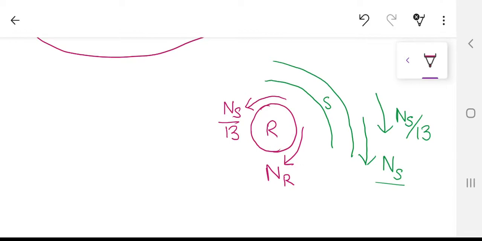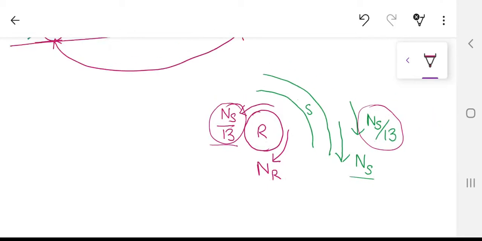Now, what I want to see is how this harmonic and how this harmonic are going to have a locking between them. Certainly, as it shows in this diagram, they are moving in the opposite direction. But there will be a locking at some certain speed because of their speeds with respect to their particular frame. This ns by 13 is the speed of the 13th harmonic with respect to stator, because stator is stationary. And ns by 13 over here is actually the speed of the rotor 13th harmonic with respect to the rotor. Okay, this is very important. So we have to take a common frame of reference, and by which I am going to do it.